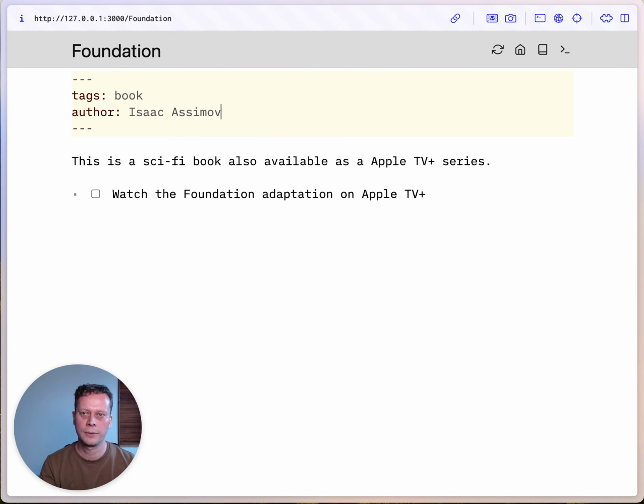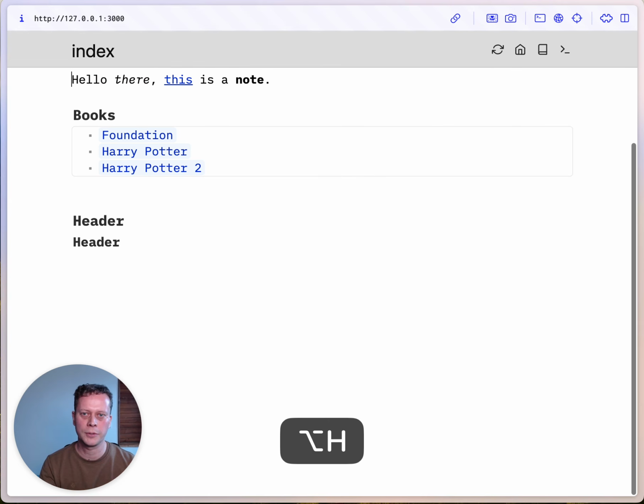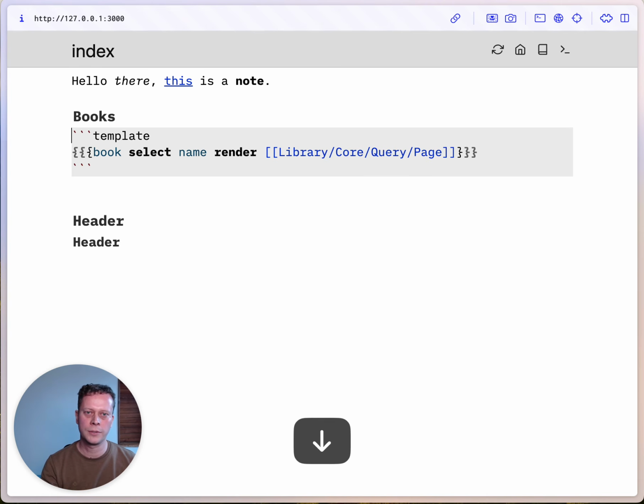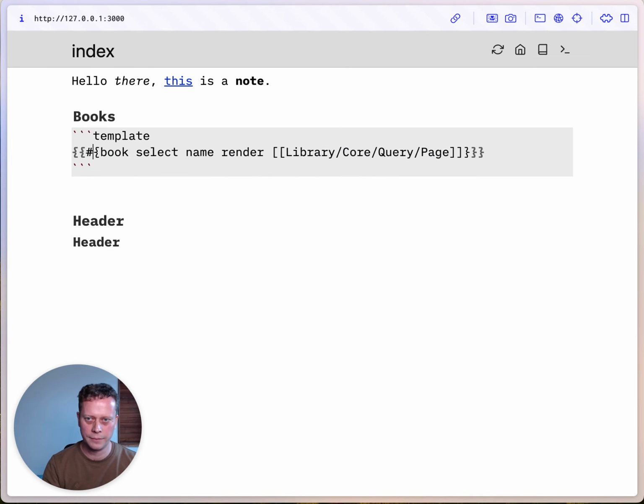All right, so if we now go back to the home page, I'm just going to use a shortcut for that. We'll see that information is not included here right now. And I wanted to. So there's two ways to do this. One is to create my own different template that shows that information. The other one is to kind of do this inline. And I'm going to go the inline path, and we're just going to iterate over all the books here. So I'm going to say for each book,